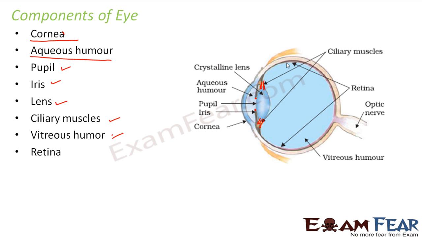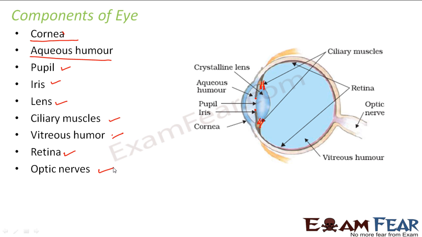Then you have the retina. The retina is this portion where the image is formed, because the object will be somewhere here, right? This lens will form an image for that object. So whatever object we look at, the image has to be formed on this structure known as the retina. And then you have something called optic nerves which connect to this retina and take the signals to the brain. That is how whatever you view is carried to the brain, and then you take appropriate actions for viewing.